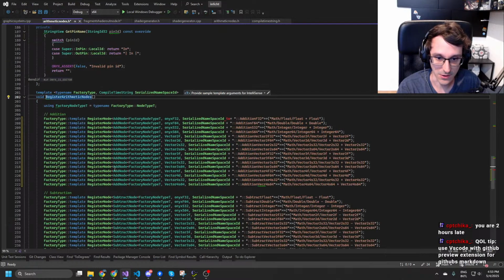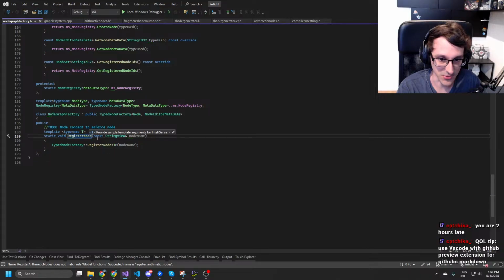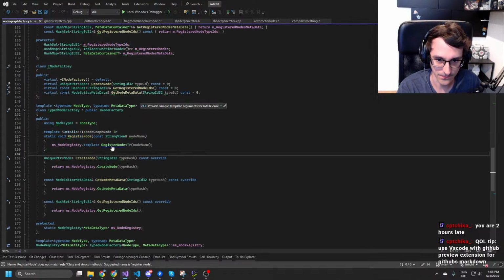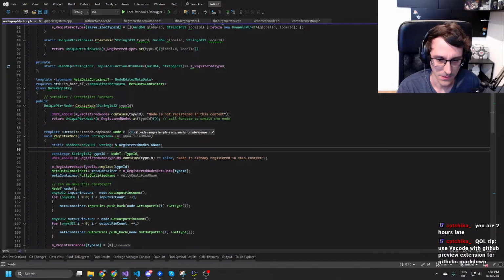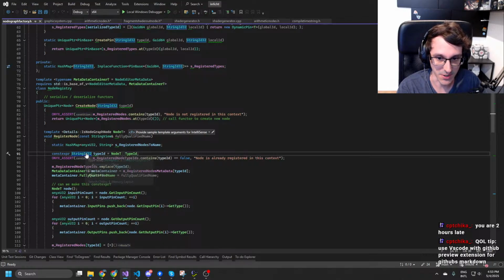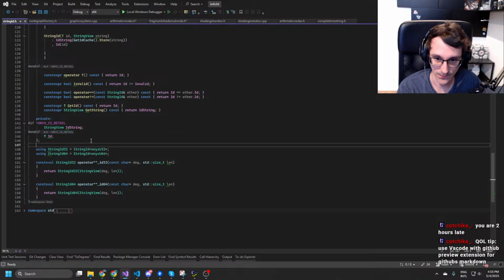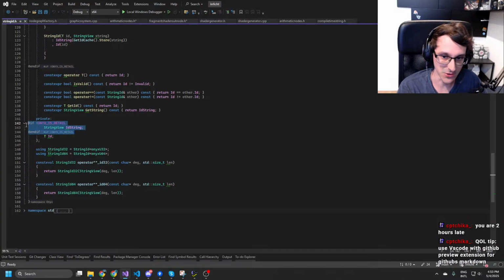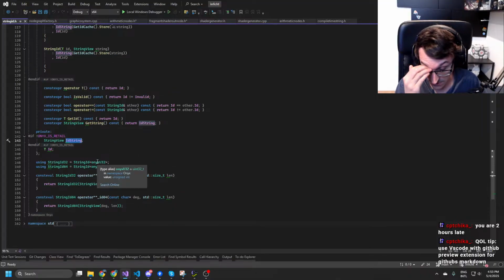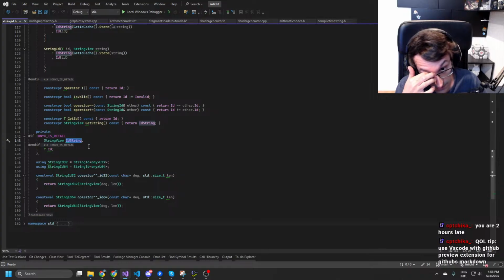And then what internally in the register is happening is we just take the compile time string that we get from the node, so the type ID, and we construct a string ID 32 out of it at compile time as well. So basically a 32-bit hash. And if we are in a debug build or editor build, we cache the ID string in a string view as well. Which works for compile time strings,